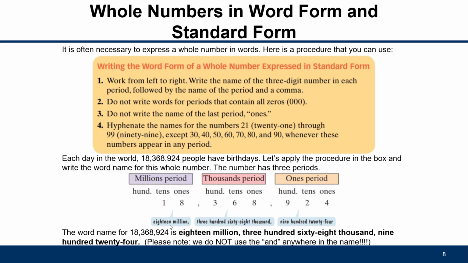And if you look at how we do it in the periods, we have 18 in the millions period, so that's 18 million. We have 368 in the thousands period, so that's 368,000. And then the last set of 3, 924, is the ones period, which we don't say anything for, so we just say 924. Therefore, as I said, this number is spoken out loud as